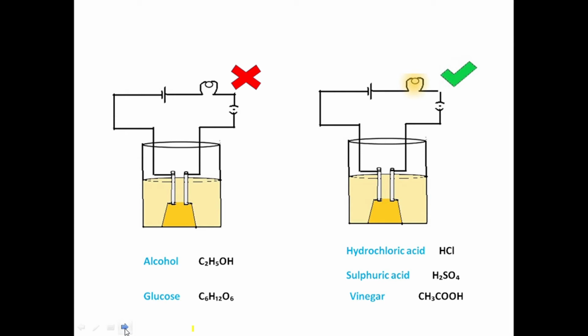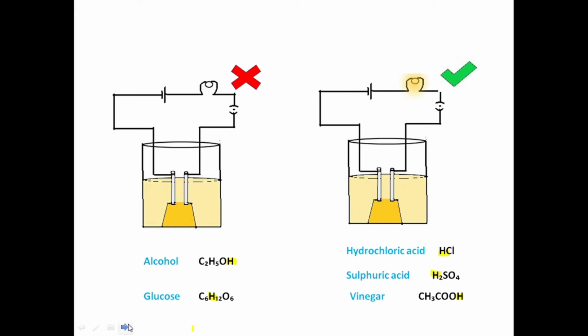Now, conduction of electricity through a solution of a substance can take place only if ions are present in the solution. This tells us that acids, when they are dissolved in water, produce hydrogen ions, that is H+, and conduct electricity. Glucose and alcohols don't. Glucose and alcohols do contain hydrogen, but they do not furnish hydrogen ions into the solution. But hydrochloric acid, sulfuric acid and vinegar do. That means glucose and alcohols are not acidic. You can see the presence of hydrogens in the formulas of alcohol, glucose, hydrochloric acid, sulfuric acid and vinegar.